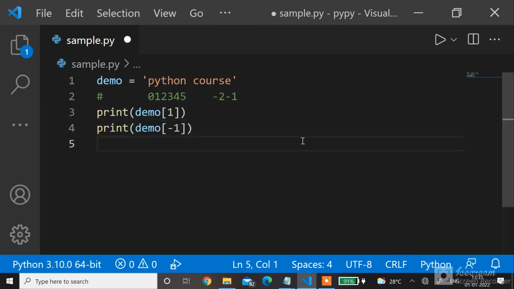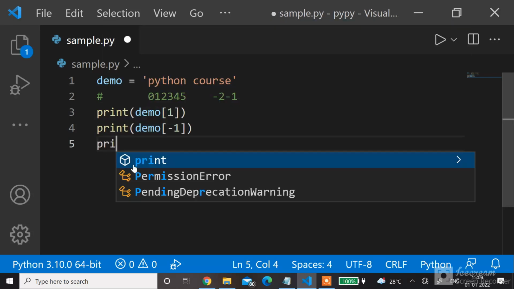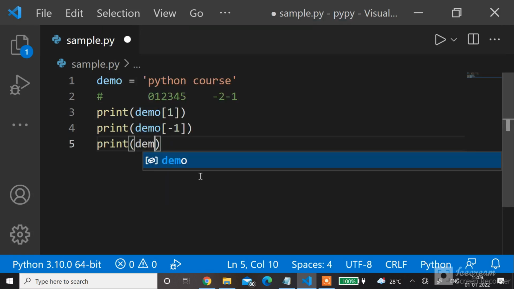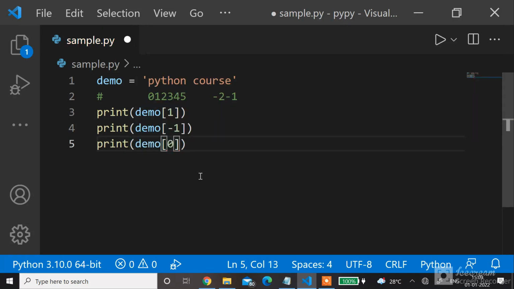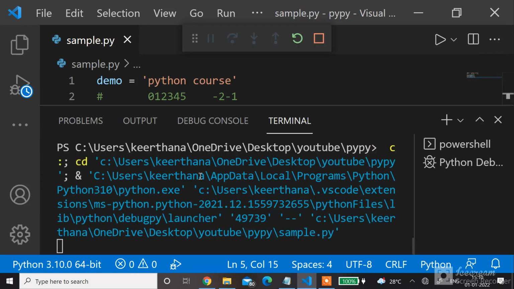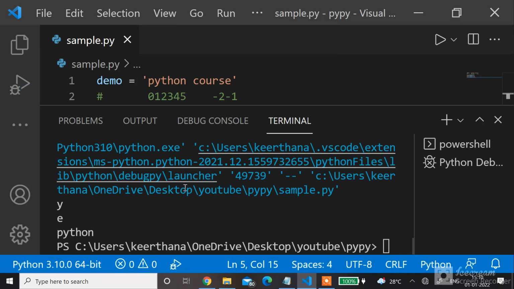In the same way, if you want to print some set of characters from the Python course string, then you can use slicing. Print of demo open square bracket 0:6. Now run the file and see the output. It prints Python.